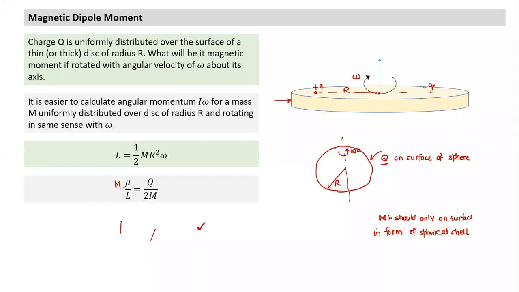So when we have a neutral disk, you can think of positive charge and negative charge being present everywhere. But if a neutral disk is rotated, will it create any current? It will not. What is necessary for current to be created? There has to be net charge. And how the charge is placed with respect to the axis is important. If charge is placed at a larger distance for the same omega, the current may be the same, but the area becomes larger, so it will have a larger magnetic dipole moment.